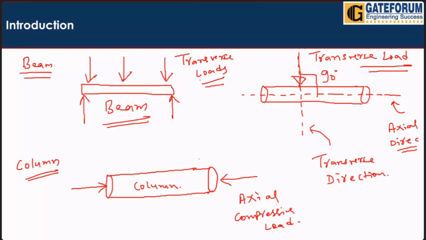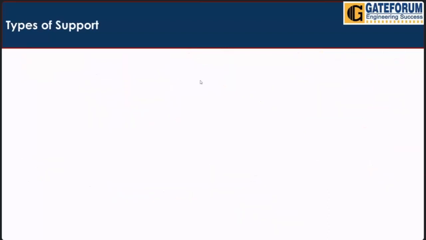First of all, introduction of beam done here we have, and why we are designing the beam, so that it can carry transverse load and it should not fail during carrying the transverse load. Okay, now we are going for the types of supports. How many types of support? Then we will go for how many types of load, and then we will go for different types of beam,